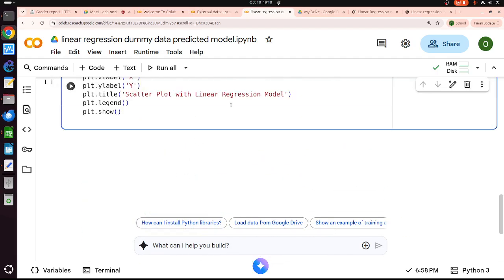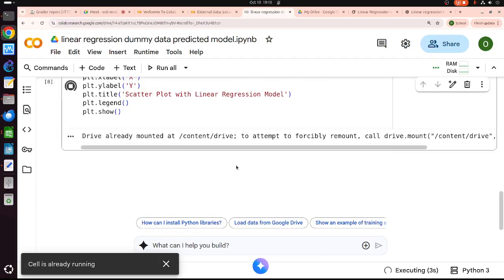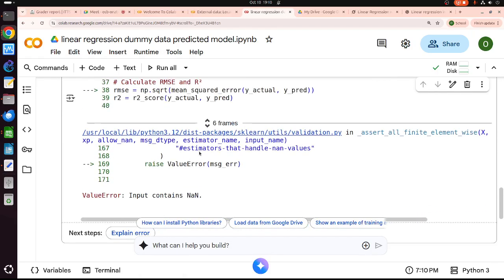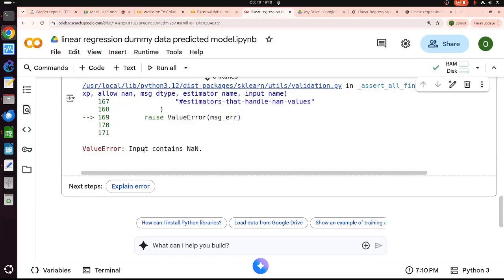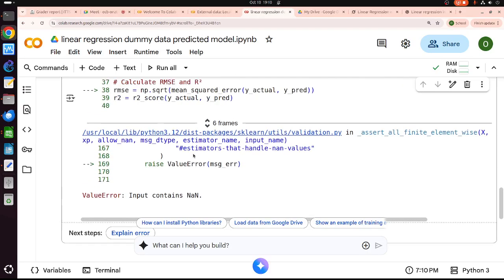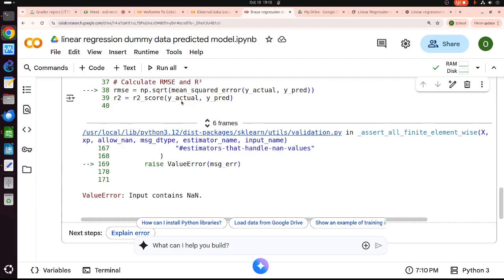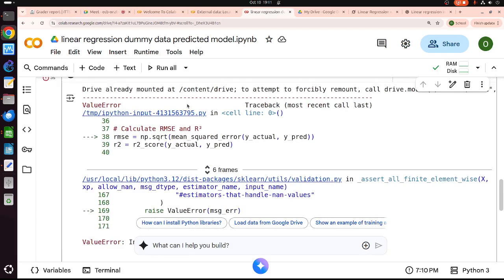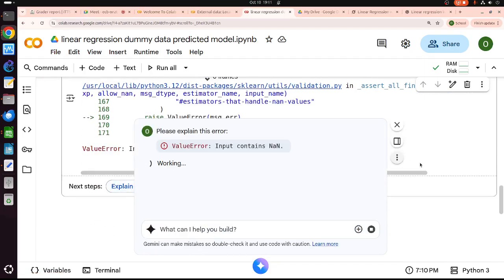That's it. And run. Oops. Okay. Explain error.